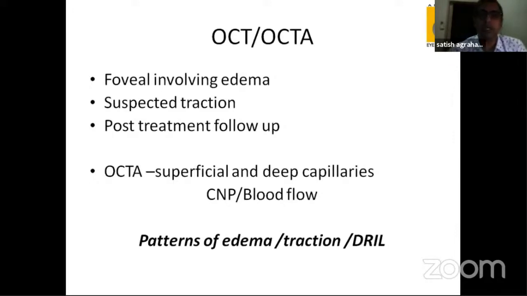OCT is also used in post-treatment follow-ups. As you treat the patients every month, once the patient comes back to you for a follow-up post-injections or post-laser, once in 3 months, at that point of time you can repeat OCT. The advantage of OCT is basically that it's a non-invasive tool, it's easier, and it's highly reproducible. Now, another modality of investigation which we use is OCT angiography combined with the OCT. The biggest advantage with this is that it picks up the capillary non-perfusion areas in the macula much better than fluorescein angiography, and that is